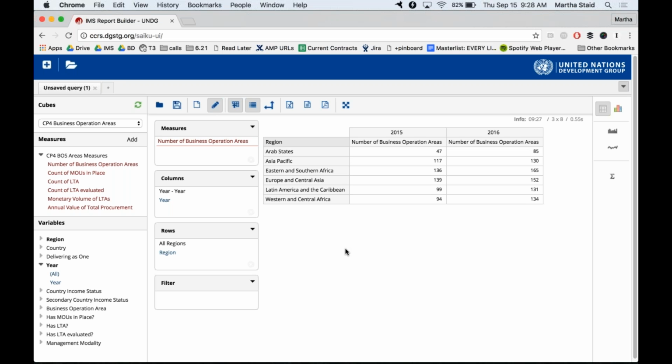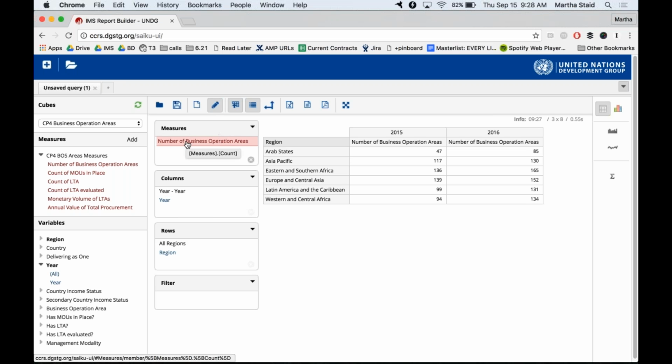Now, what if you only want to see 2016 data? You don't want 2015 data. It's not relevant to what you're looking at. What we're going to do here is we're going to choose to filter by year. If you see this year variable, we can move this. We've looked at measures.